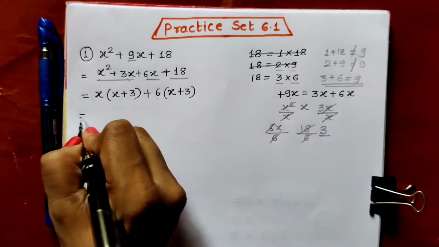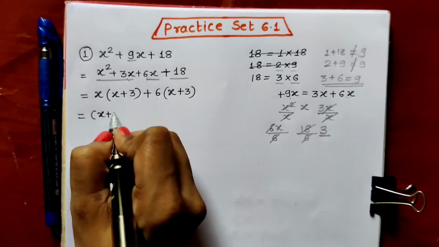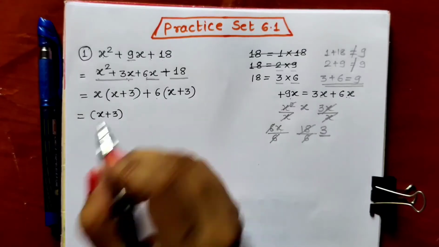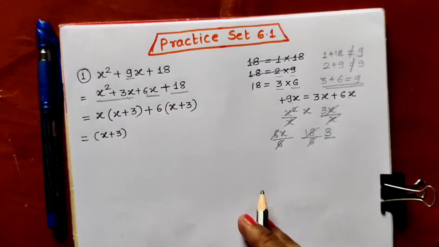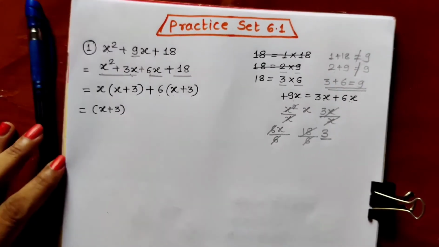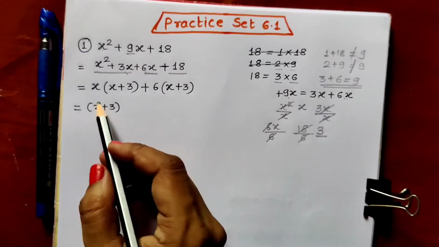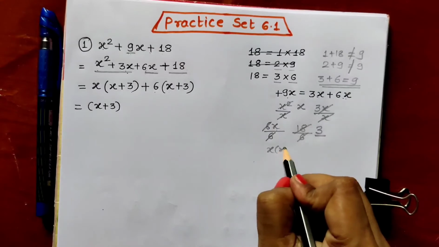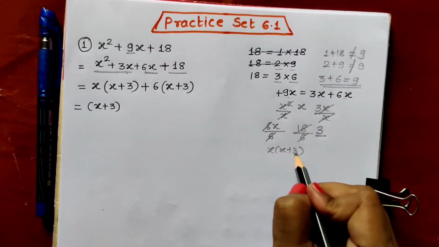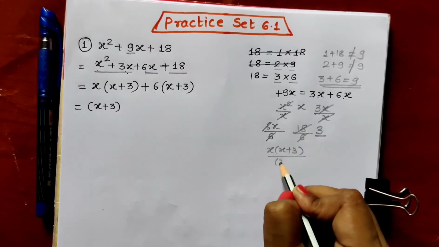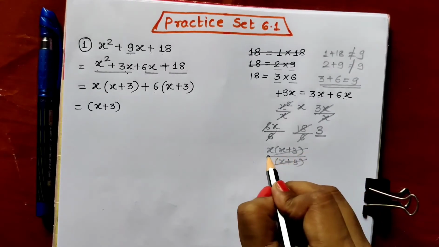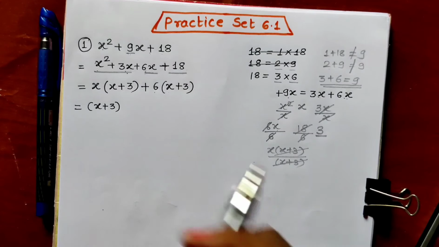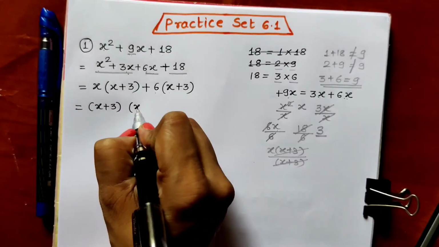So from first term we can take out x plus 3 common. From second term also we can take out x plus 3 common. Now you all know taking out common means what? Actually we are dividing. So first term is x into x plus 3 and we have taken out x plus 3 common. That means we have to divide by x plus 3. X plus 3 cancel. What is remaining? X remaining. So that x we will write inside the bracket.